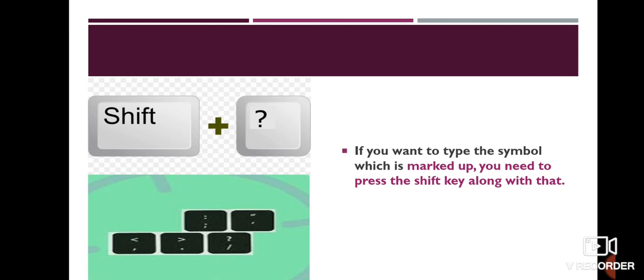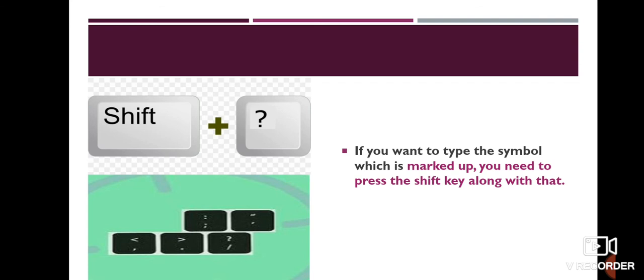Okay, one more time, just listen very carefully. The keys having two symbols are punctuation keys. Number keys are not punctuation keys because a number key has a digit and a symbol. But if the key has both symbols, then that key is a punctuation key. One is marked up and the other is marked down.